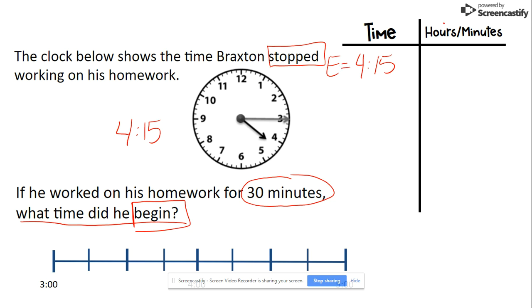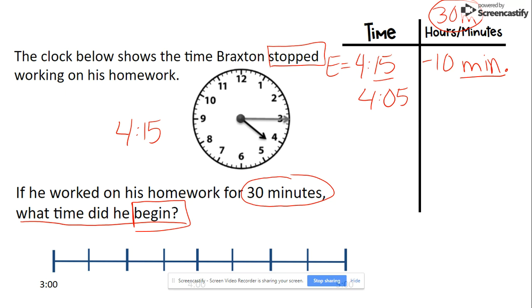At the top of my hours and minutes column, I'm going to write 30 minutes to remind me that that's how much I need to subtract. Again, I only want to subtract 10 minutes at the most. So I'm going to break that 30 minutes up into 10-minute increments, 3 tens. So I'm going to subtract again because I'm finding my start time, and I'm only focusing on that minute side. So 15 minus 10 would put me at 4:05,